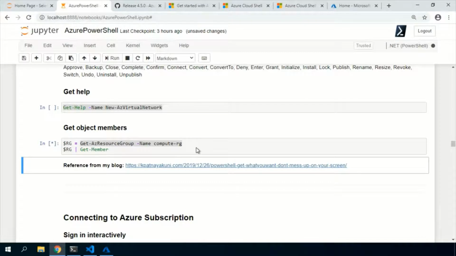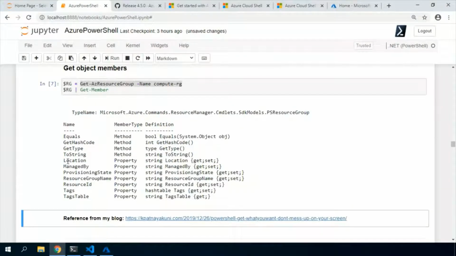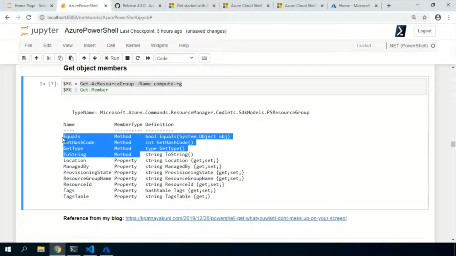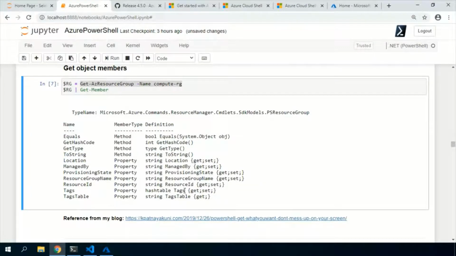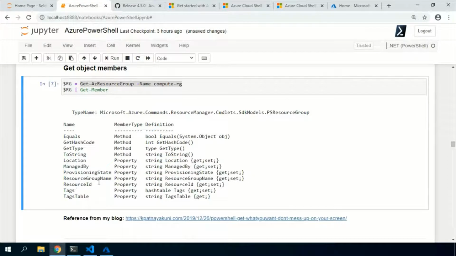When I run it, it will show me the properties. These are the basic methods in PowerShell, and these are all the properties of the resource group. You can have the location, the resource ID, and tags, all of those things that you can see inside the object.